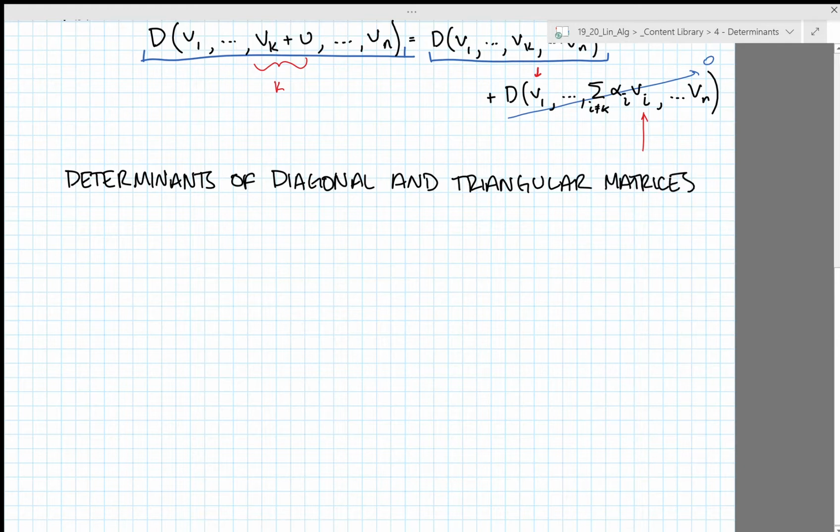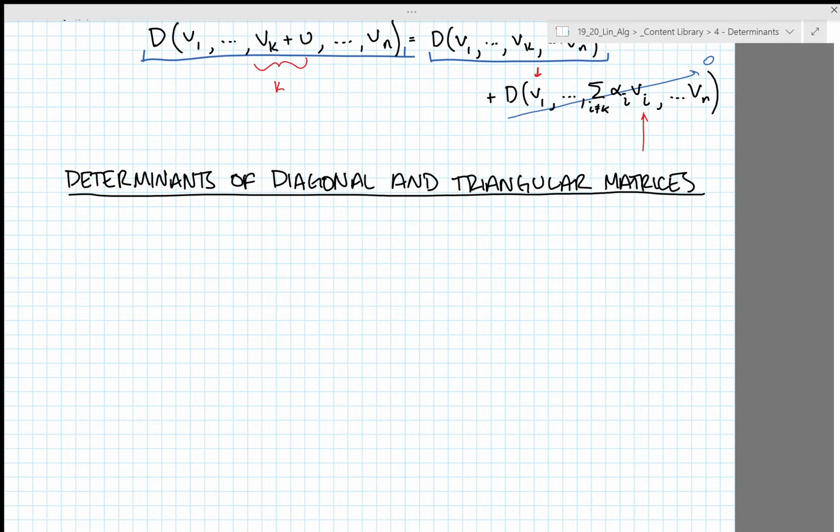So that's what we're going to do in this section right here: we're going to look at how to compute the determinant of diagonal matrices and triangular matrices. So this is our first foray into actually calculating determinants, as opposed to talking about their properties or seeing what things we can tell about the determinant. Here we're going to make our first jump into figuring out, if we're presented with a matrix,